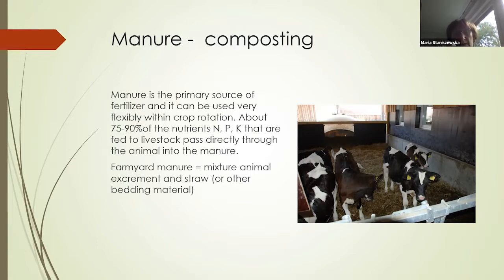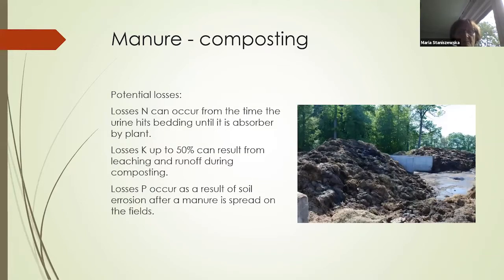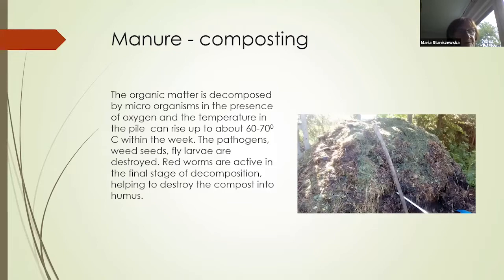And farmyard manure is a mixture of animal excrement, straw, and other bedding materials. Why is it important? What happens? Of course, we have to avoid potential losses of nitrogen and potassium and phosphorus, because that is an example of how we provide for these losses. And the most important is